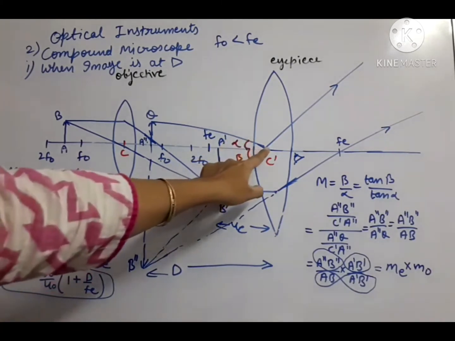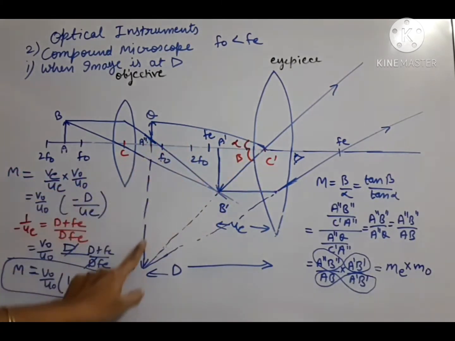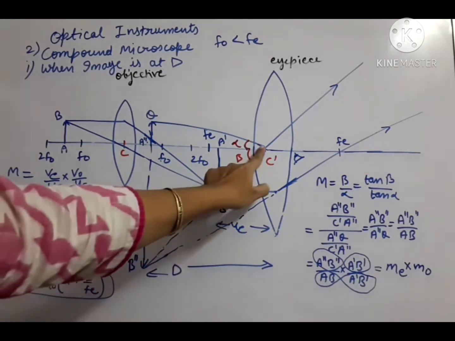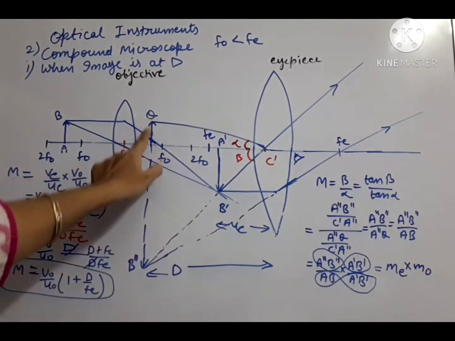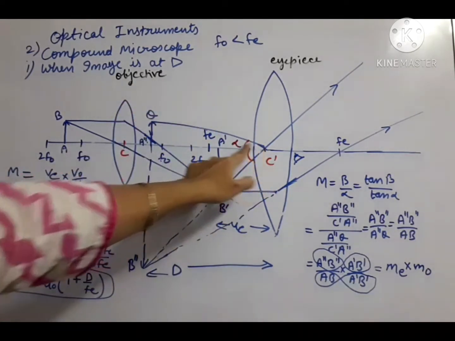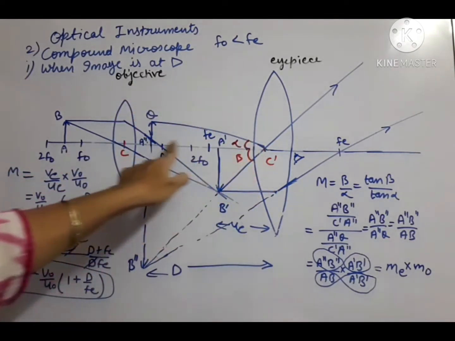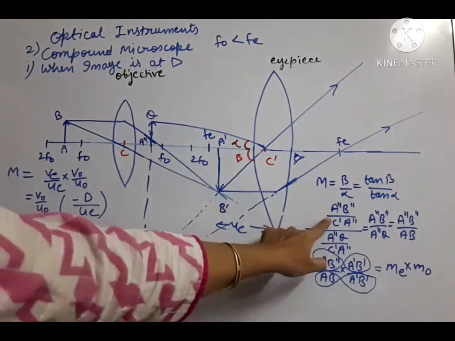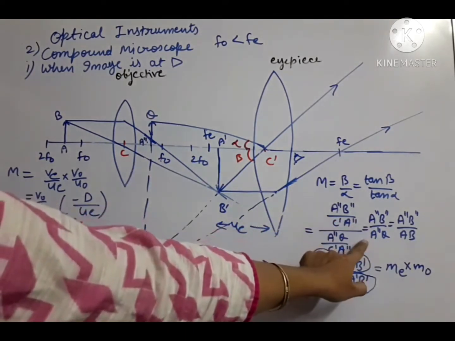Okay, now beta whenever you have to calculate, you take this triangle, and alpha whenever you have to calculate, you take this upper triangle. So there are two triangles and obviously one thing is common, base is common, so it will get cancelled only. So bases are cancelling, only perpendiculars are left.